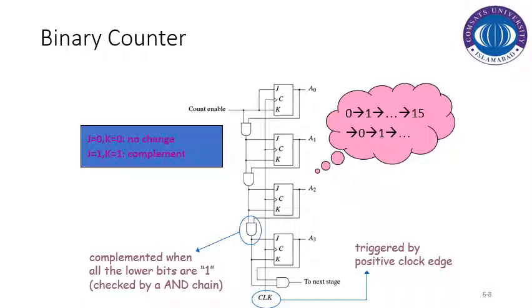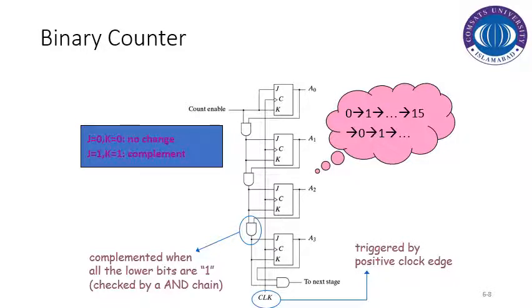So let us see the example of a binary counter here. Basically, it's just like the ripple counter which we have studied in the previous slides. But here we are not using any sort of ripple effect. Basically, we are using the setup in a way that all the flip flops are triggered simultaneously, and we can generate the count sequence from 0 till 15, and whenever we achieve 15, this count sequence is reset and we will restart this count sequence.